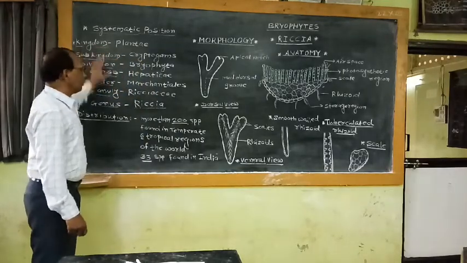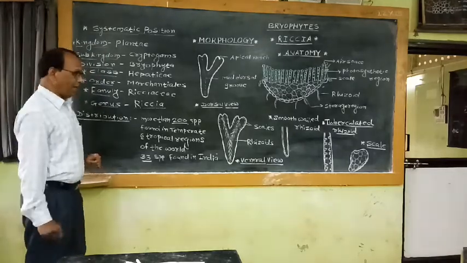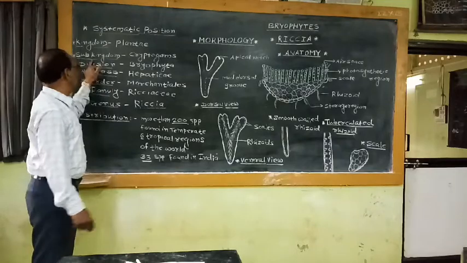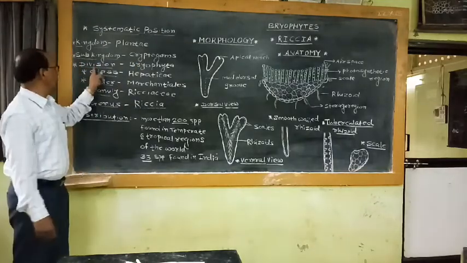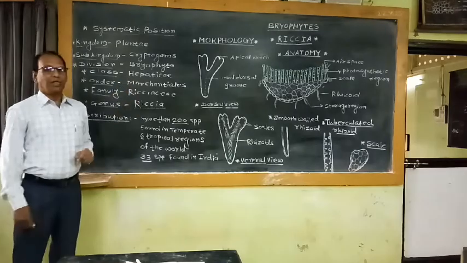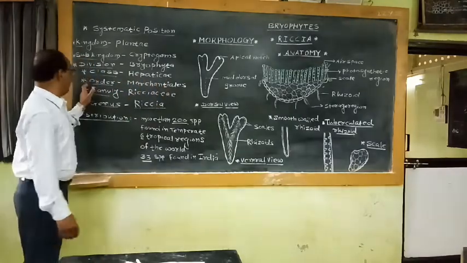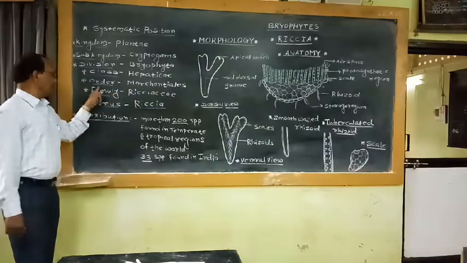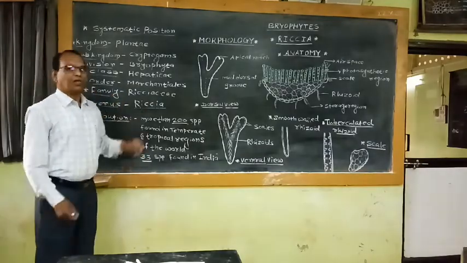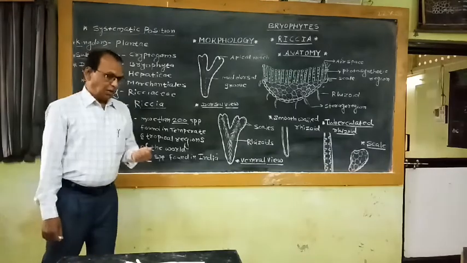this plant shows this type of systematic position or classification: kingdom Plantae, subkingdom Cryptogams, division Bryophyta, class Hepaticae. It is also known as Hepaticopsida. Order Marchantiales, family Ricciaceae, and name of the genus Riccia. So,